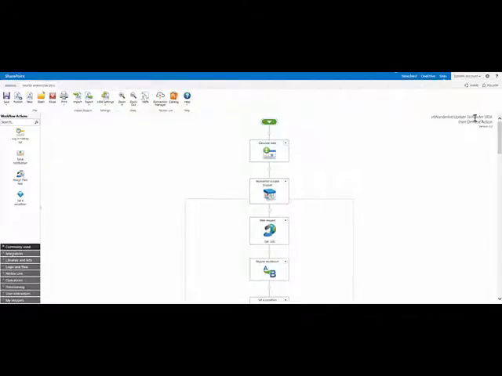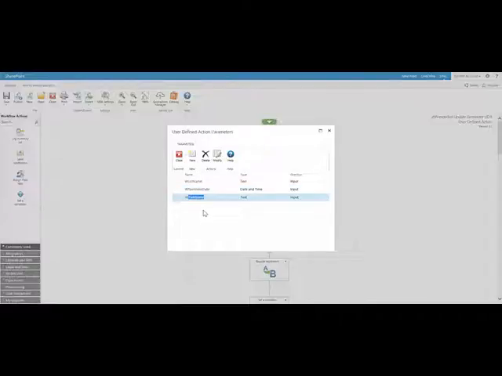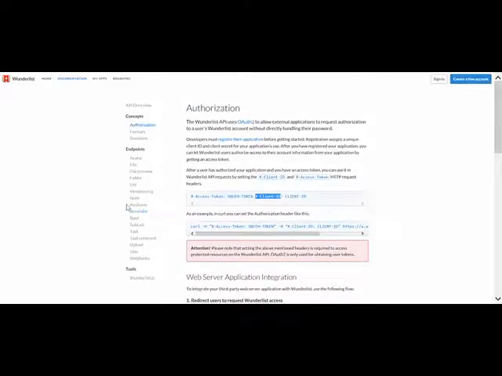Okay, this is the update reminder user-defined action. What we're doing is updating an existing reminder. So if I go into my parameters, I see I have 3 input parameters: the list name, the reminder date, and the task name. So basically, I want to find a particular task in a particular list, and I want to update the reminder on it. If I jump back into here and go to reminders,